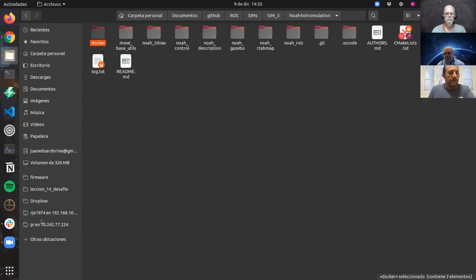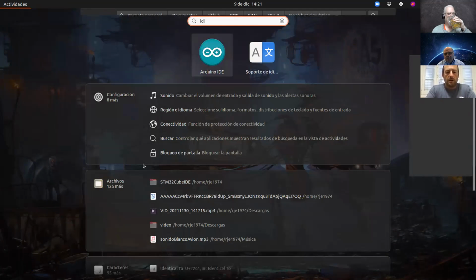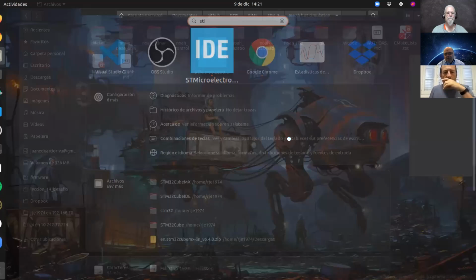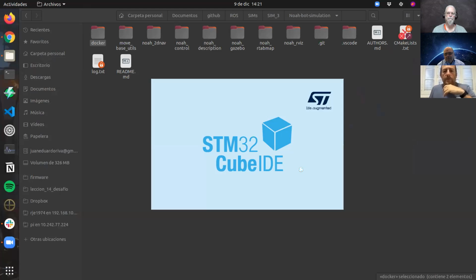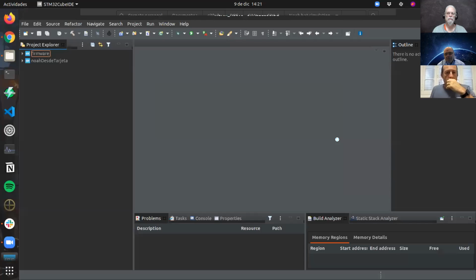Let me show you. One is the STM32 Cube IDE, and the other one is the